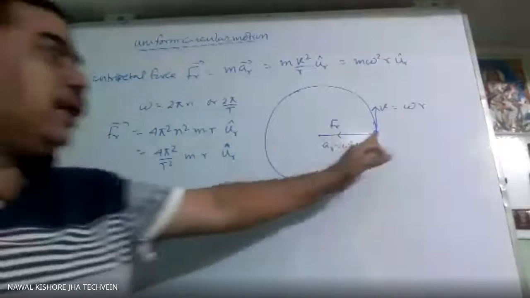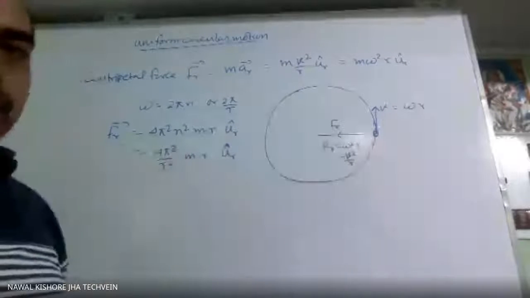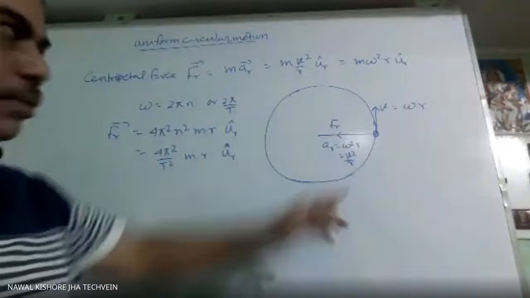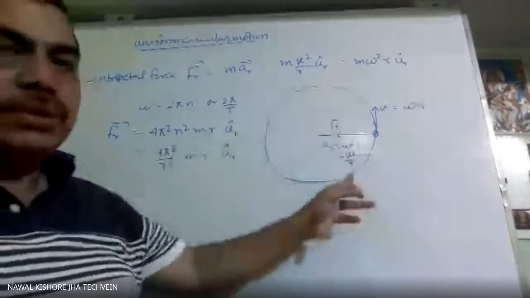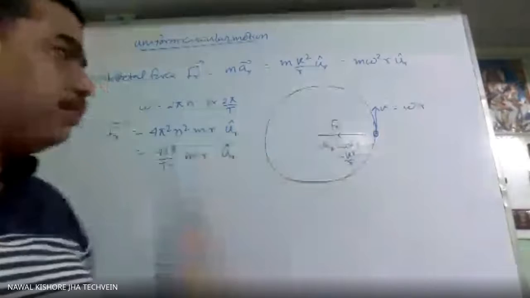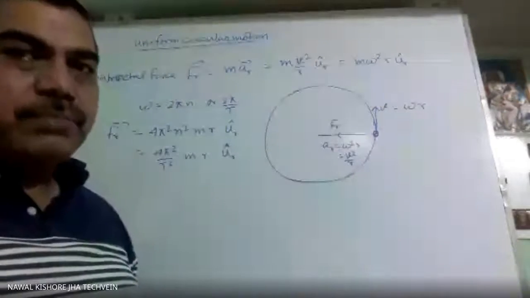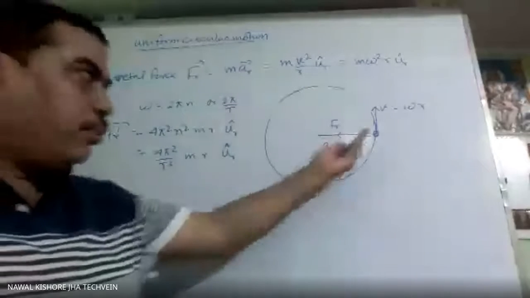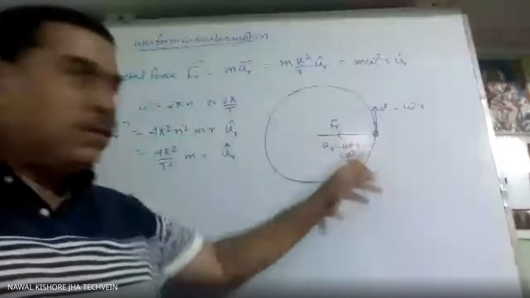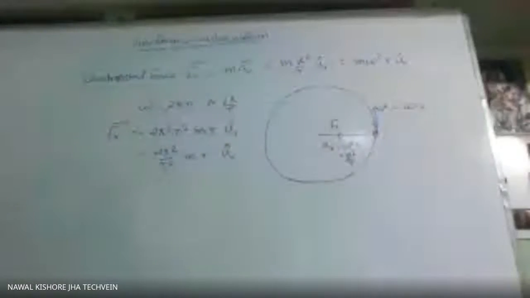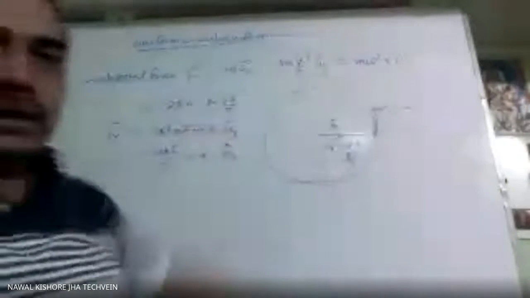So this object is experiencing this much force. When the object is moving in circular motion, it is experiencing this much force. But then also it is not moving towards the center. How is it possible? The force is applied, the net force is not zero. Its normal reaction and weight are balanced, if it is rotating in a circle on a horizontal surface. So normal reaction and weight are balanced by each other. Now who is going to balance this centripetal force?